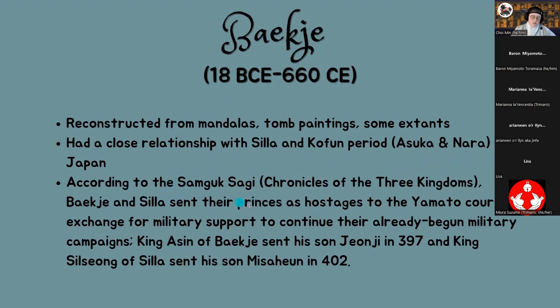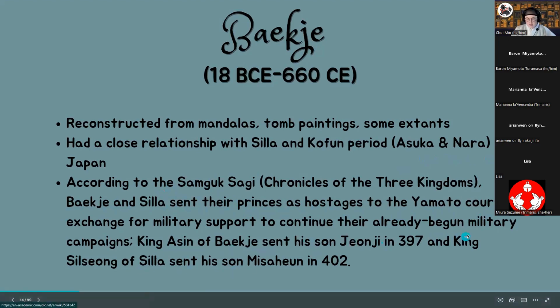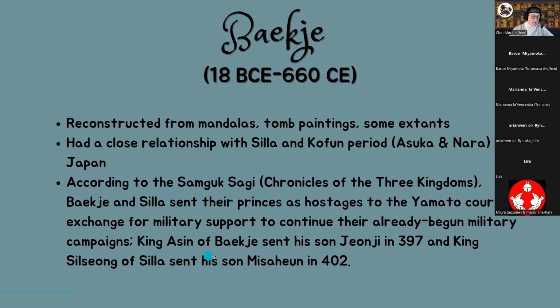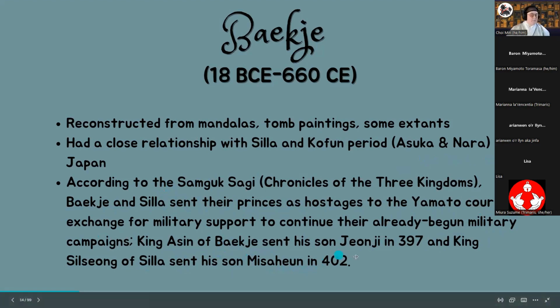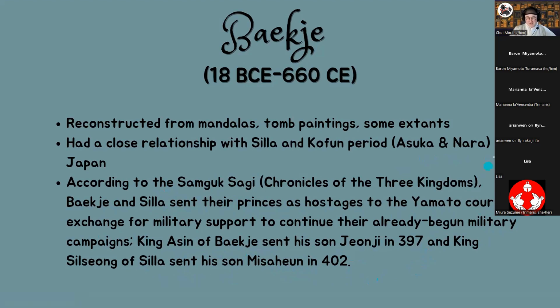And so, according to the Samguk Sagi, Baekje and Silla sent their princes as hostages to the Yamato court in exchange for military support to continue their already begun military campaigns. So, King Ashin of Baekje sent his son Jonji in 397, and King Shilsong of Silla sent his son Misahun in 402 as a